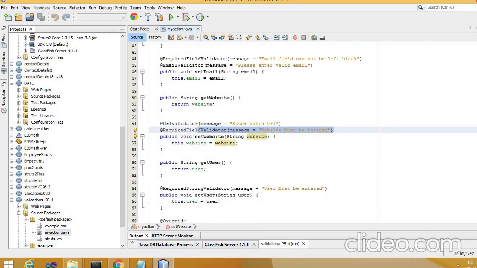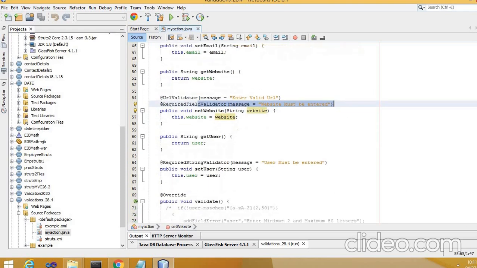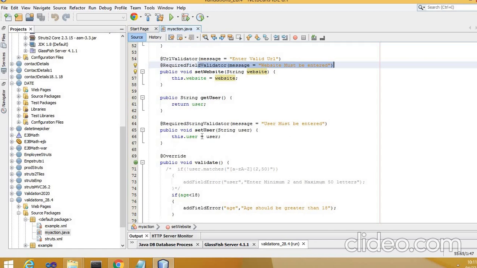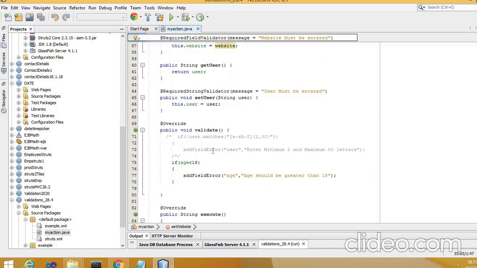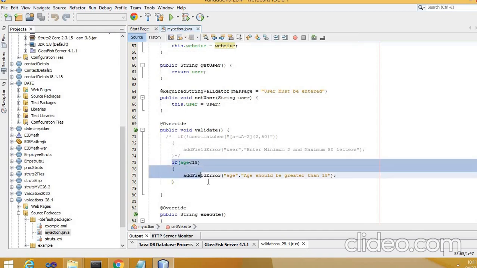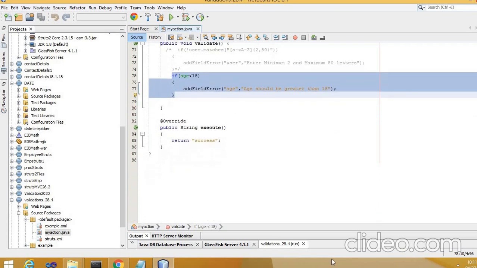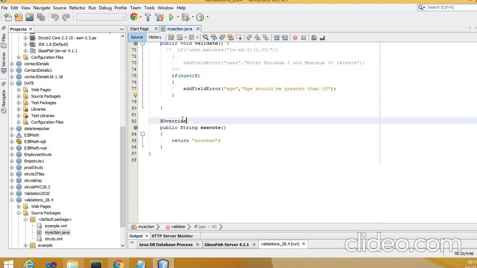And I have given URL validator, valid URL has to be entered. And for the set user again, I have given user must be entered. Then if age is less than 18, add field error that age should be greater than 18. So this is our execute method we have just overridden. Okay, thank you.